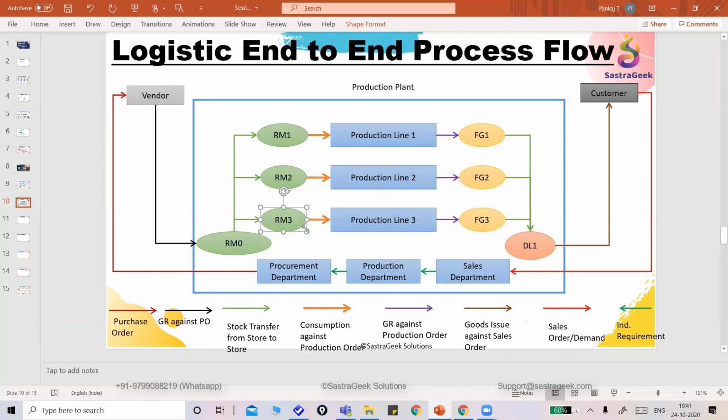We are maintaining the inventory at a store location. When I am pulling the inventory out, it will be the goods issue. When I am putting the inventory at a store, it will be the goods receipt. Hence, when the vendor is sending material, it will be the goods receipt. When I am sending the material from store to the production line, that means I am issuing the material. The same way, when the production line is producing the material and giving it back to the store, that means goods receipt